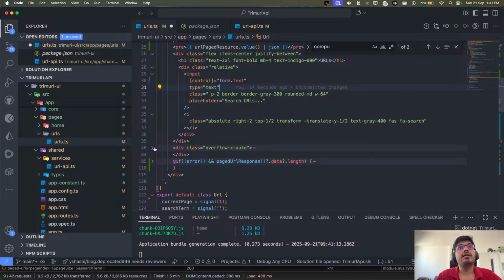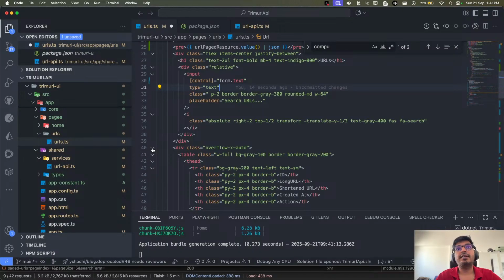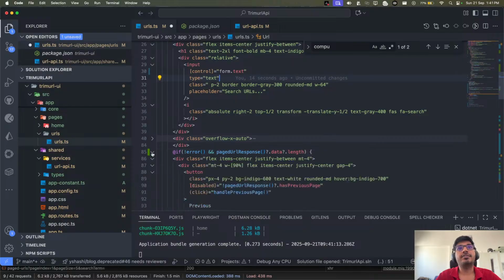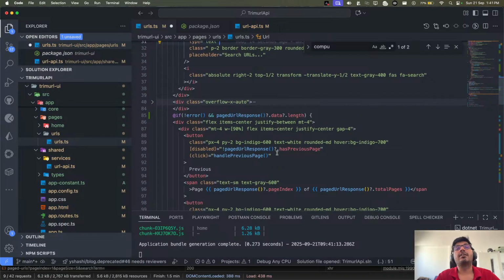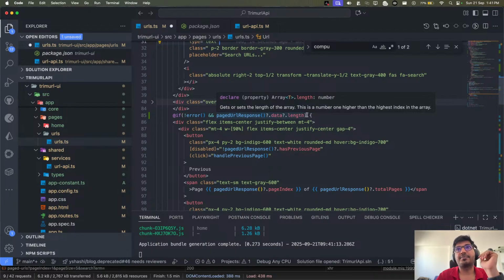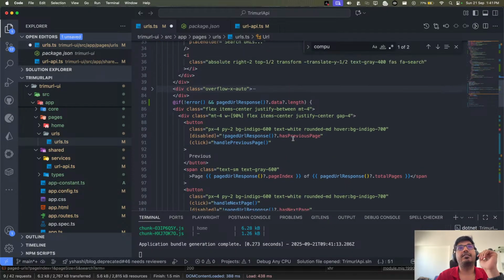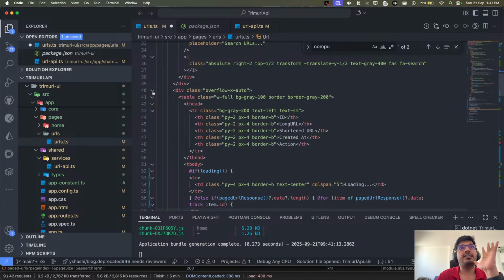That is nice. And now this is my table data, that's my column, and here we have an error. And then we are basically checking if there is no error and we have data, then we show this. I think this is the pagination one, that's fine, we can handle it in the last.